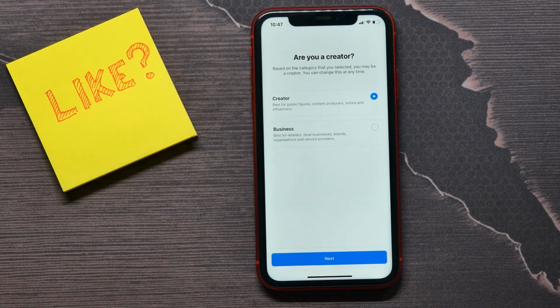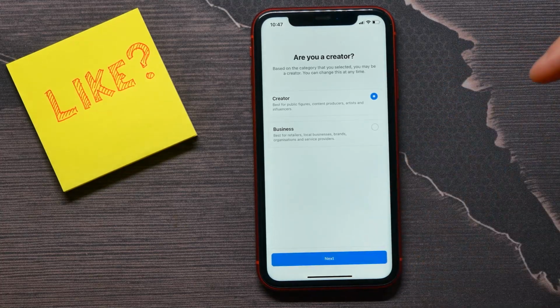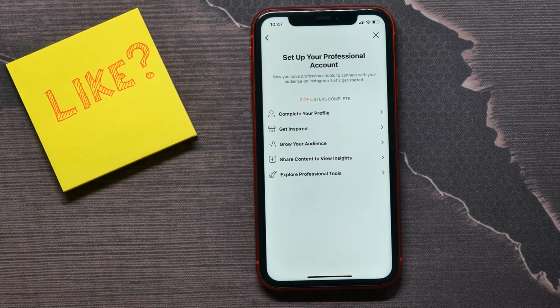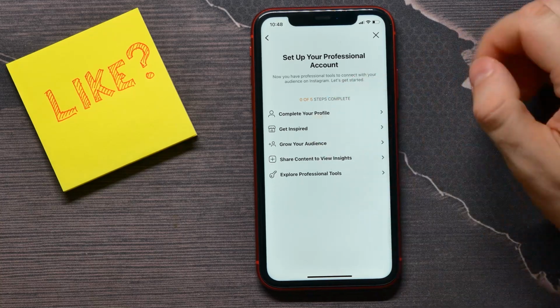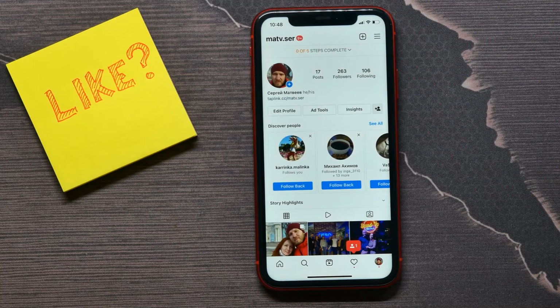And here on the next step you can select who you are, creator or business. I'll select creator, tap next. And there are 5 steps to set up my profile as a professional account. I can go into these 5 options or I can just tap the cross icon to close that window, and now